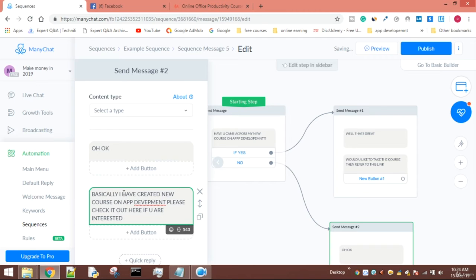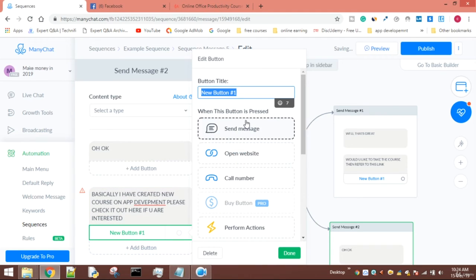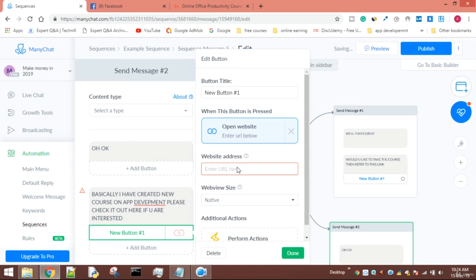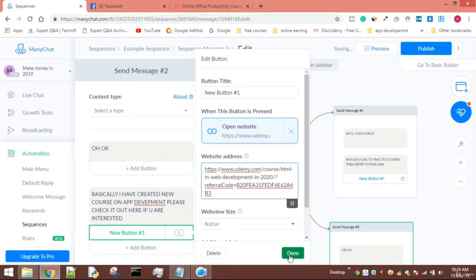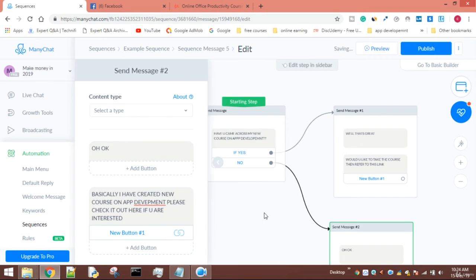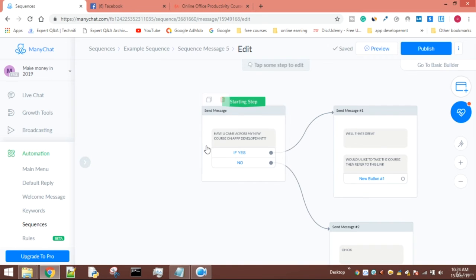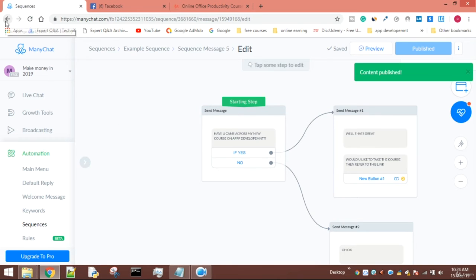Interested? Okay, and I will be creating on button, which is a website, and I'll be posting the very same link because I'm creating this for the namesake. So this is how you could create a sequence. Okay, and I'll be clicking on publish, and now this sequence will be published. Okay, so now I'm just going back,